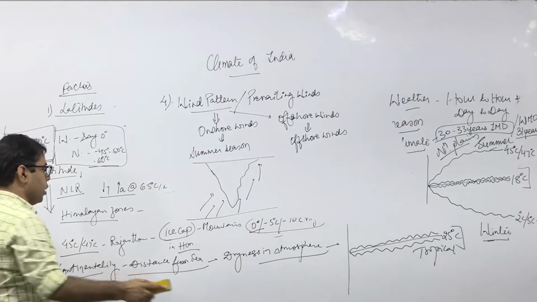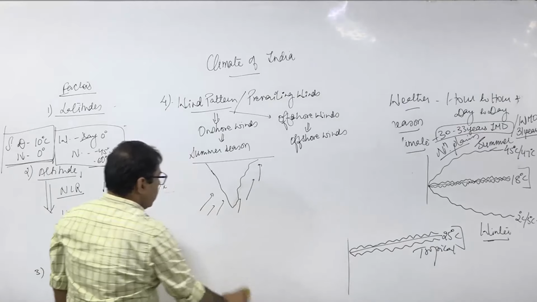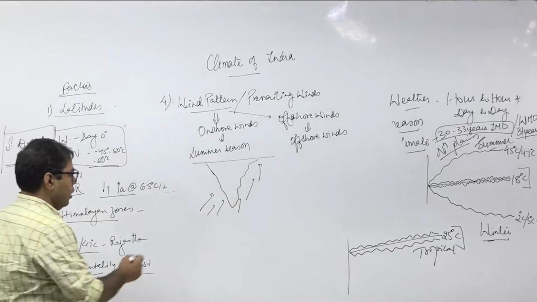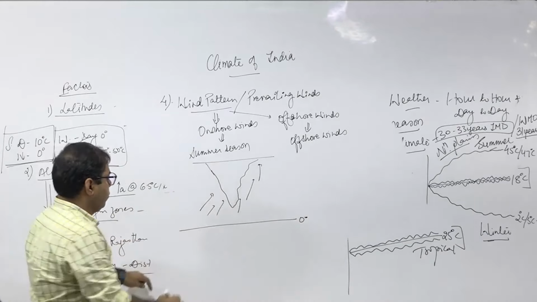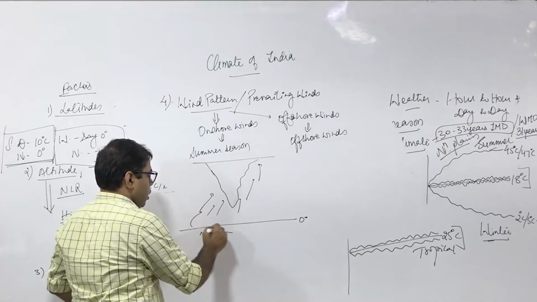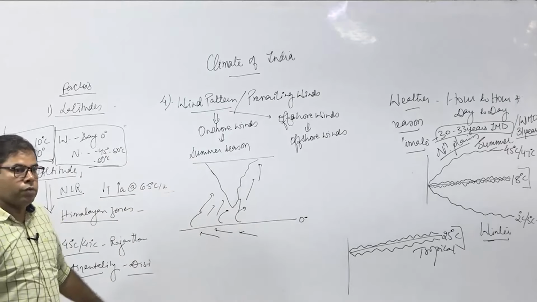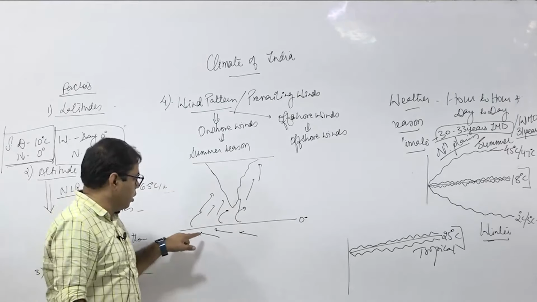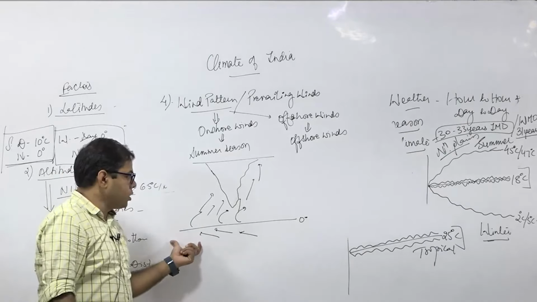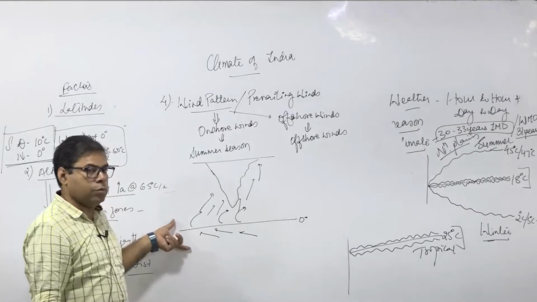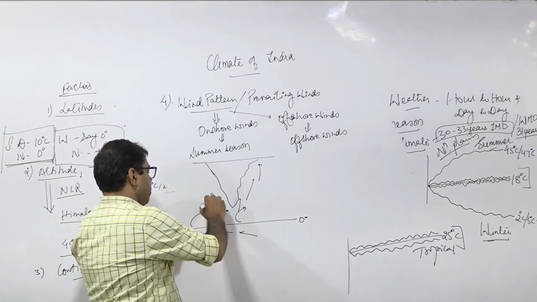So what will be the physical state of the wind? It will be warm, equatorial zone. It will be moist because in the equatorial oceans it will absorb moisture. So this is warm and moist,